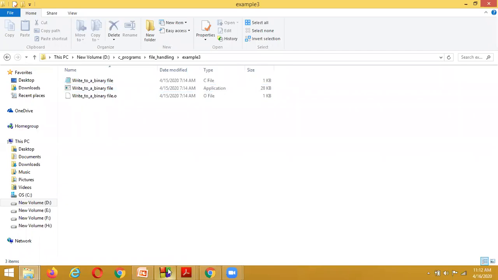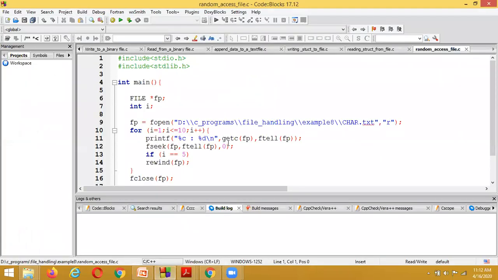Inside every file handling program, what header file do we need to include? We need to include the header file stdio.h.